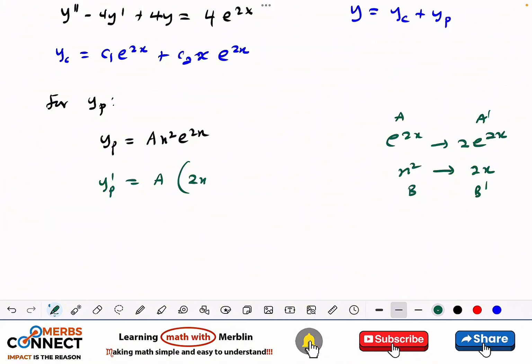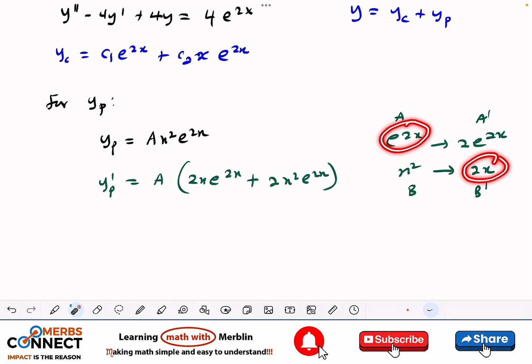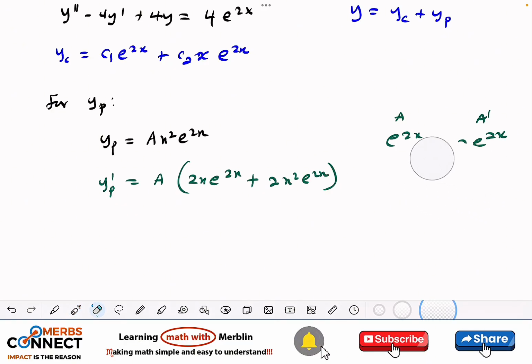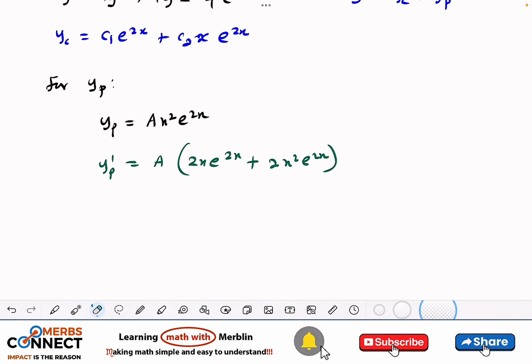So 2x e to the power 2x plus 2x squared e to the power 2x. So I just multiply this one by this, which is here, and this times this, which is also here. So that is the product rule. Good. Now that I'm done with the product rule, I need to also differentiate it again. So y prime prime is equal to